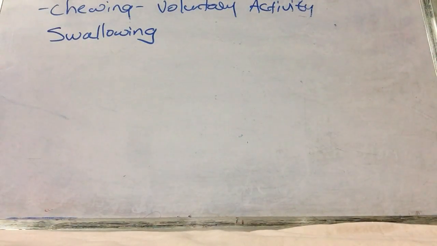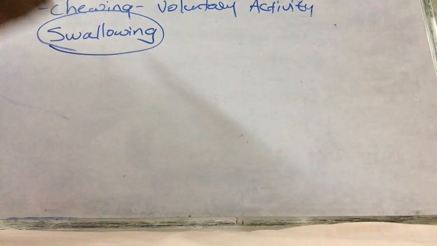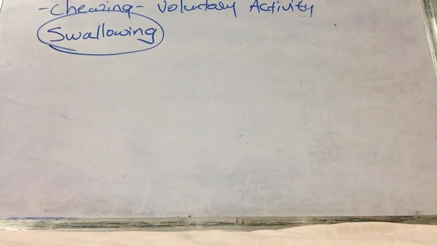Swallowing is a process by which the food material from the oral cavity is transported into the esophagus. Though it is initiated voluntarily, most of it is involuntary or reflexive. Therefore, this is also called the deglutition reflex. Deglutition, or swallowing, begins as a voluntary activity, but it also occurs involuntarily. That is why it is also known as the deglutition reflex.